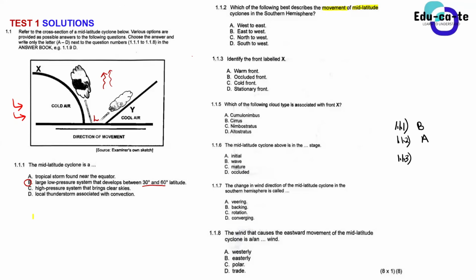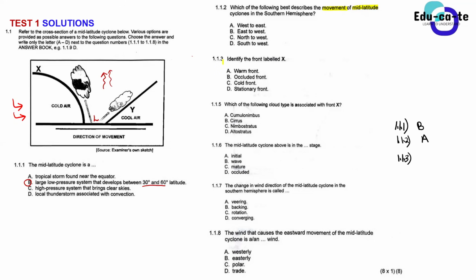It means that we can indeed develop a mid-latitude cyclone in the northern hemisphere. The thing is, its circulation will not be clockwise as the one in the southern hemisphere, and its direction of movement will not be the same altogether. Yes, we do also have a mid-latitude cyclone in the northern hemisphere, but since here we are in South Africa, we focus mostly on the one in the southern hemisphere.